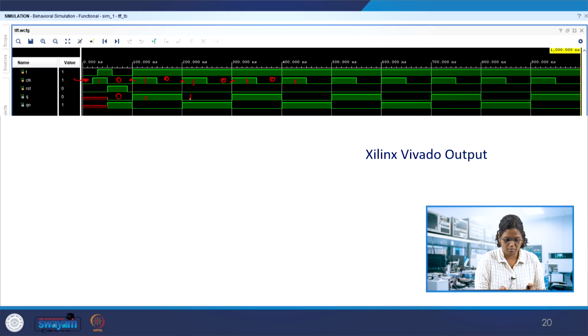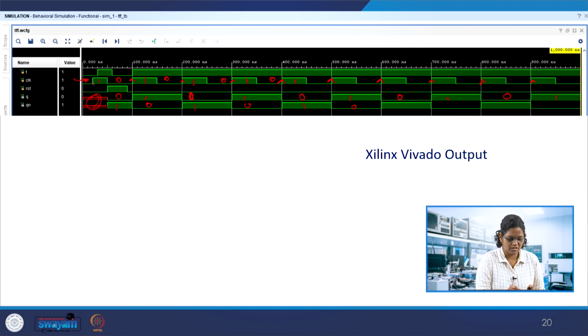So this is complemented to 0, 1, 0, 1, 0 every time, because T is made 1 all the time. In all the clock edges you can see the passage of the clock, this is 1 and 0, 1. Anyway, this complement, Qn, is going to be 1, 0, 1, 0 and so on. Let us look here where reset is 1, T is 1, so the reset is 0 here, and because it was a preset, Qn bar doesn't give any output, this is an unknown value.